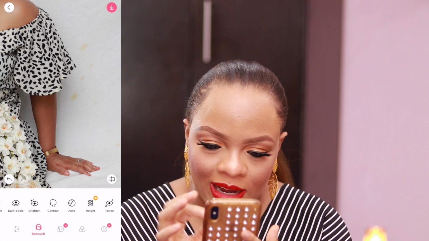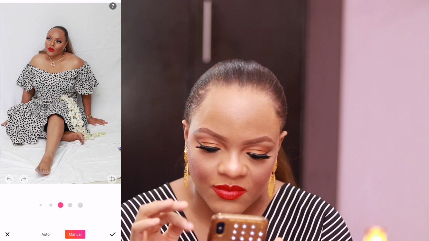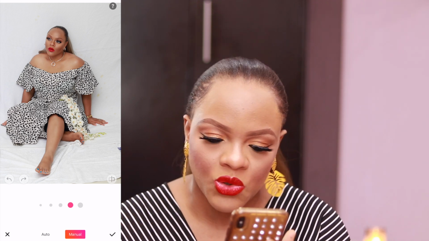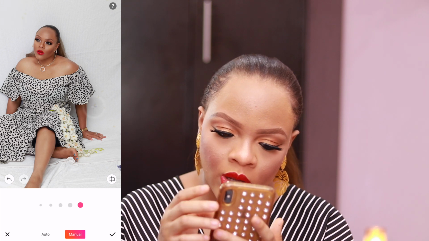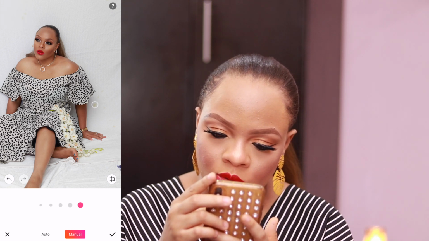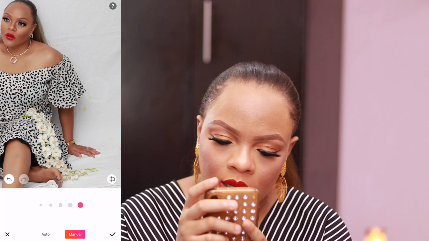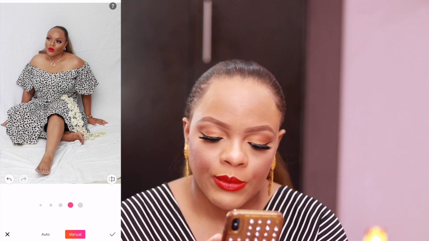You guys can see that my background, I used a fabric that is a bit messy and soiled and everything. For this I will just use the acne tool here. It's like a healing tool, so I would increase the brush size and just tap on those spots to eliminate them from the picture. So as you can see what I am doing, so feel free to zoom in and tap on those spots you want to take out. All right, so I'm going to save that and then save the entire picture because we are done with this